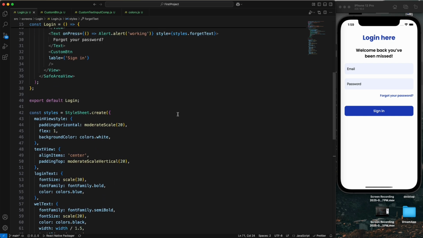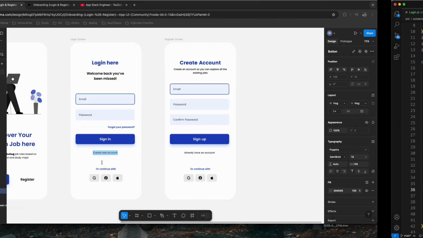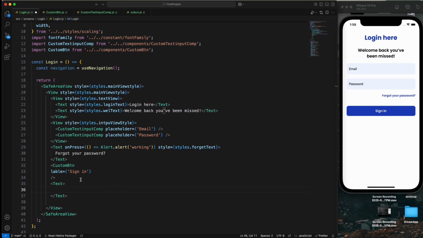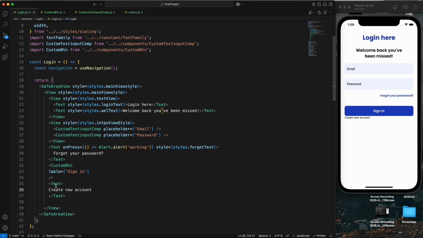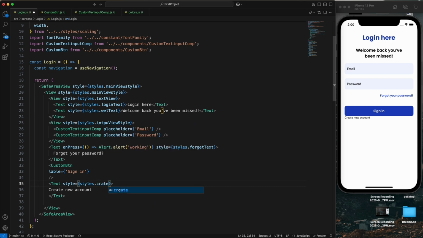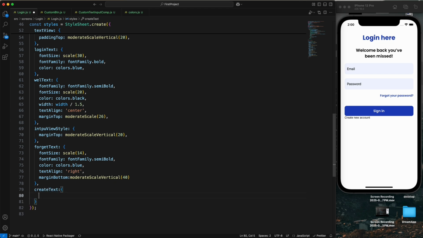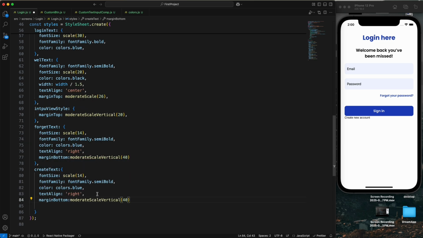So this is my login. So now we need to take another text also, and we have create a new account, and just save it, paste it, and apply the styling again. So we need to apply the styling like style dot create text, copy the create text and come here, and I'm just copying these things and paste it. And we need a margin top